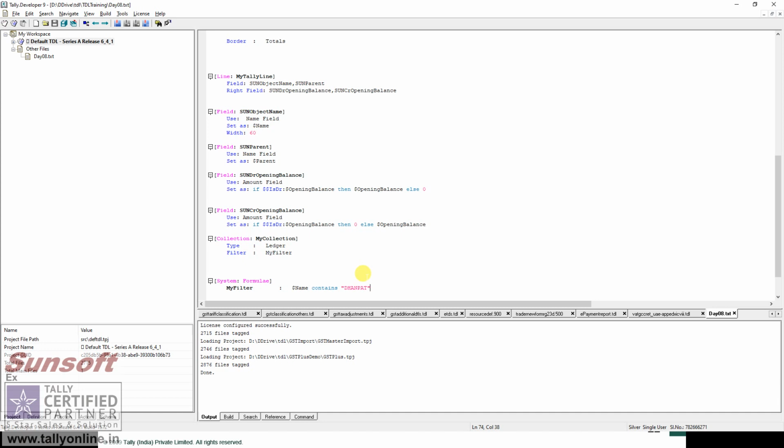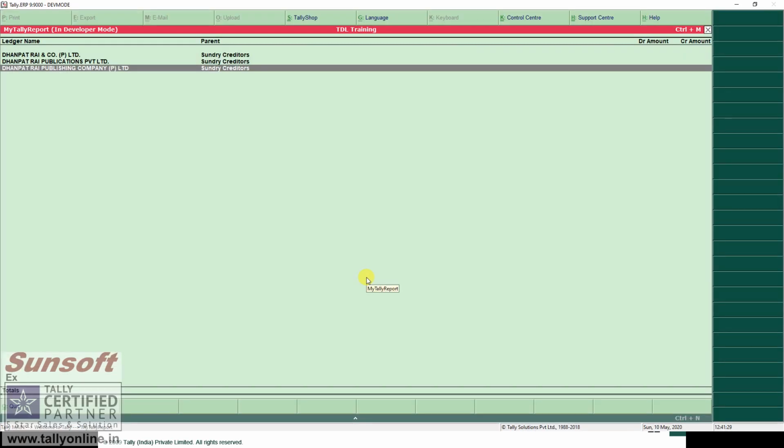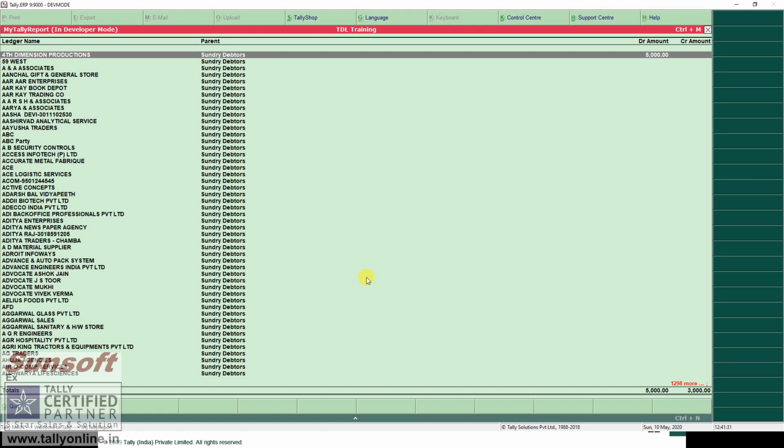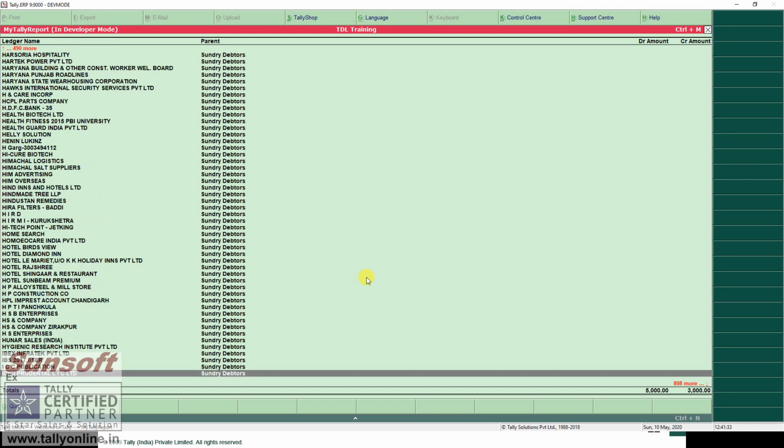Now the second thing is I want to see all the sundry debtors and all the sundry creditors. In this case, my method for the group is dollar parent equal to sundry. So the filter will do the same thing. I refresh this report, and all the sundry debtors have come.